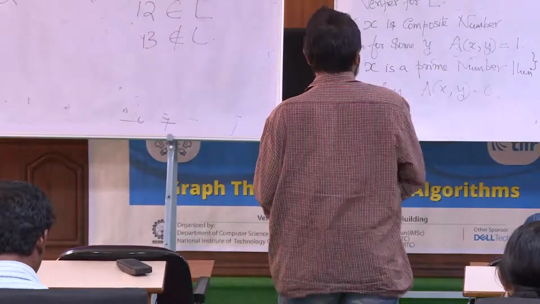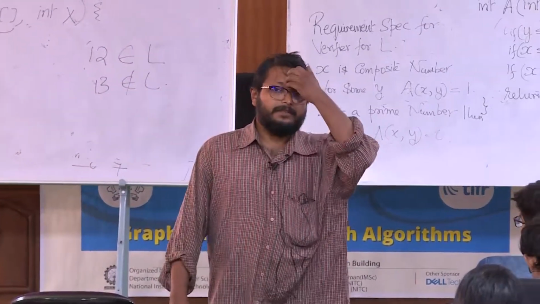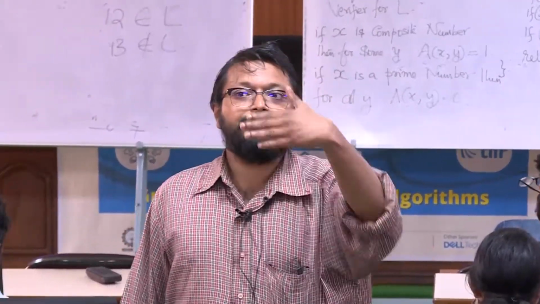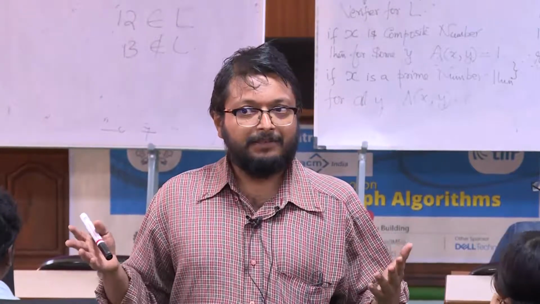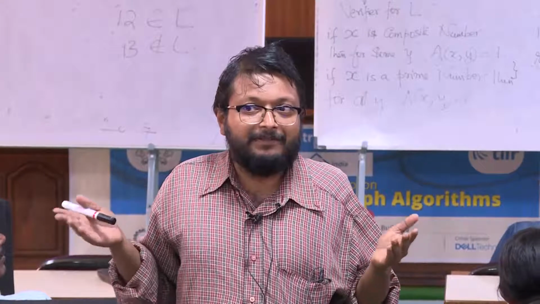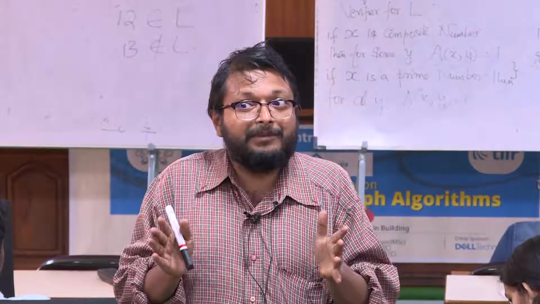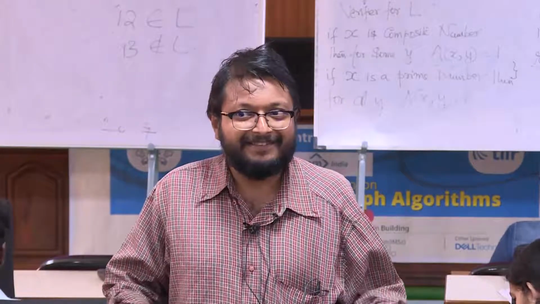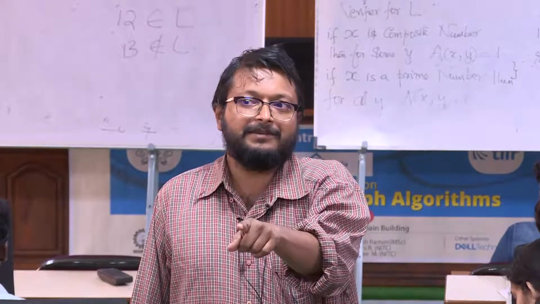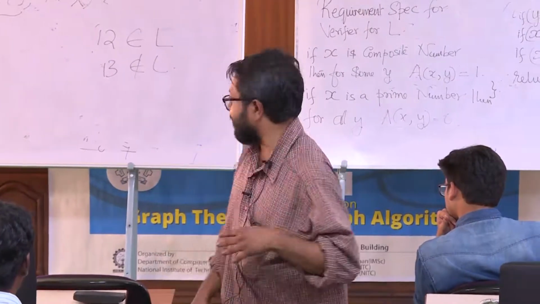Okay, so for 9 and 2, it returns 0. 9 is composite, so there exists a number which, if you supply it along with 9, the algorithm A should accept. Now 2 is not that number, but there are other numbers, 3 for example. So the existence of one certificate for membership in the language is enough. So let's start.